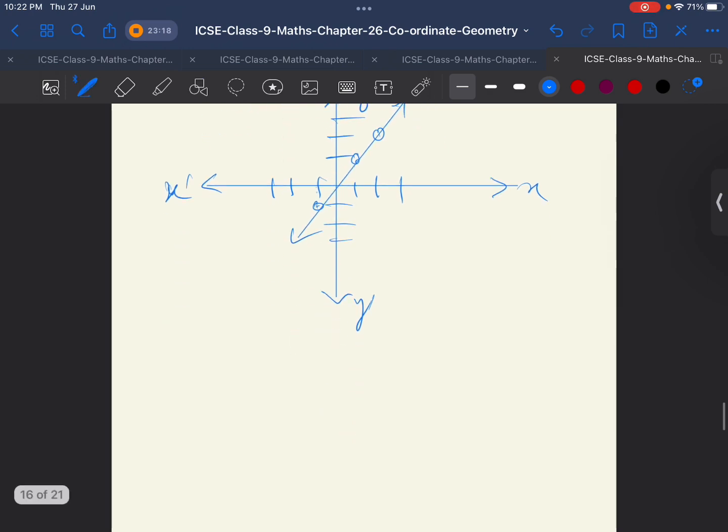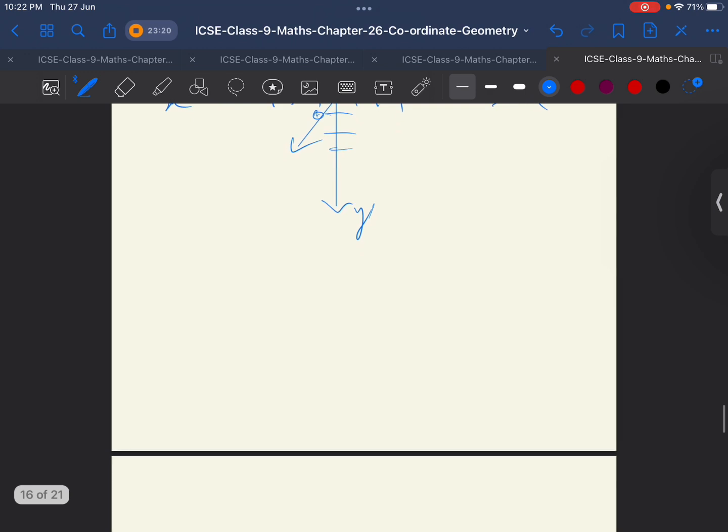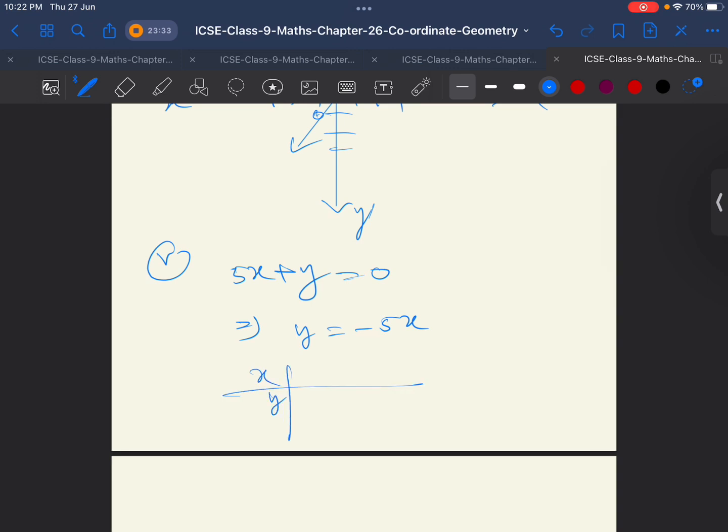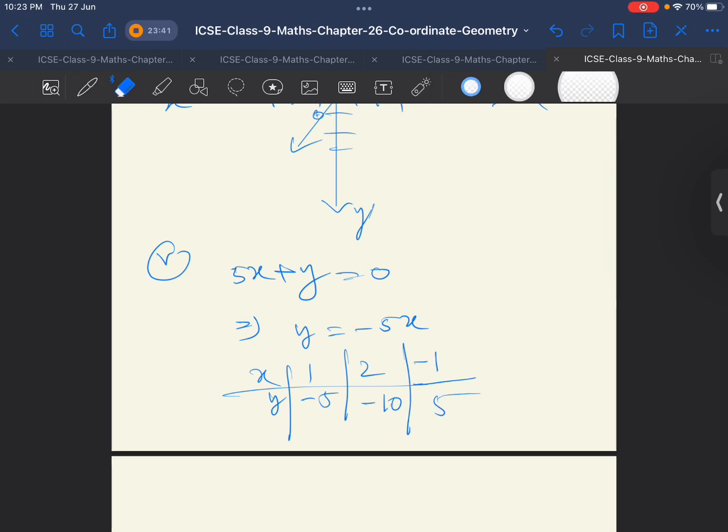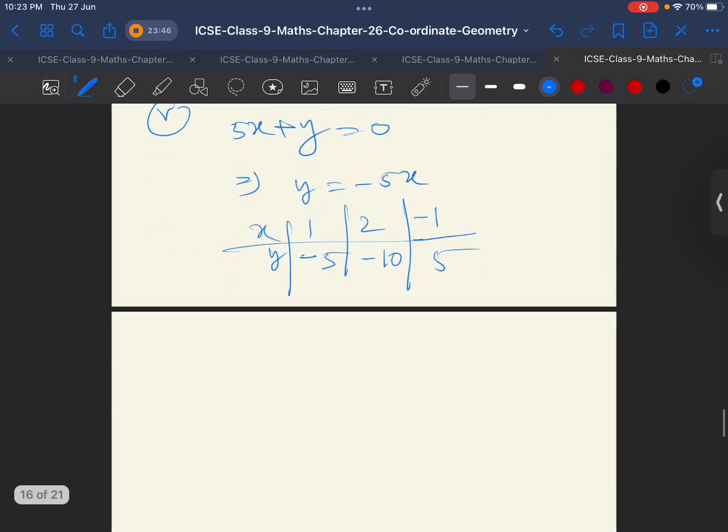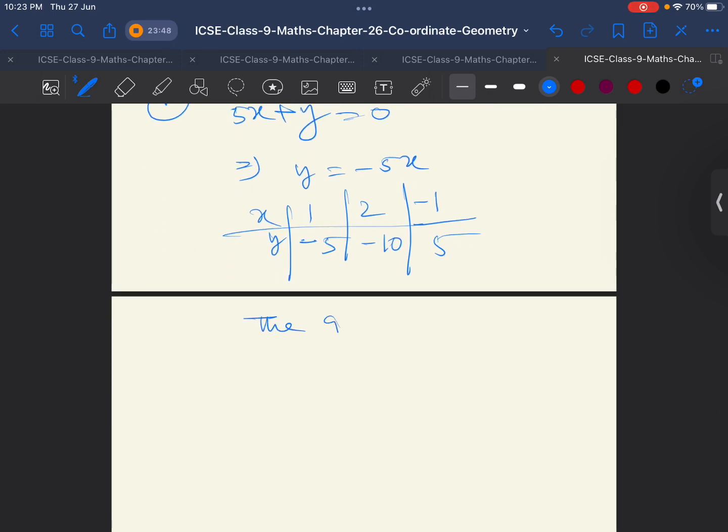This is the straight line. Okay, now 5x plus y equals 0, which implies y equals minus 5x. So the table is: if x is 1, y is minus 5; x is 2, y is minus 10; and x is minus 1, y is 5. So the graph is